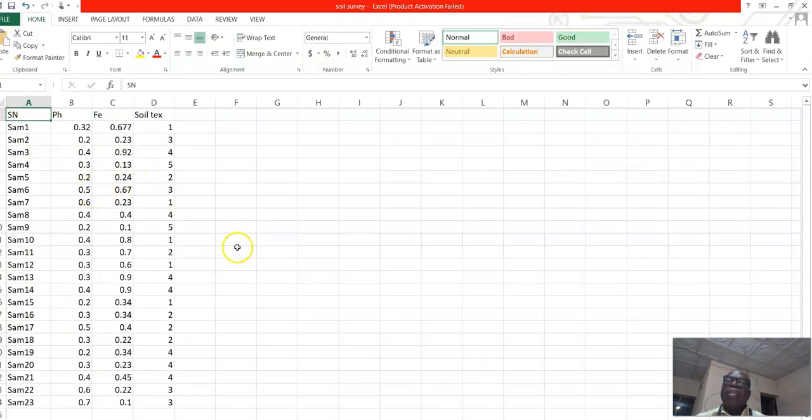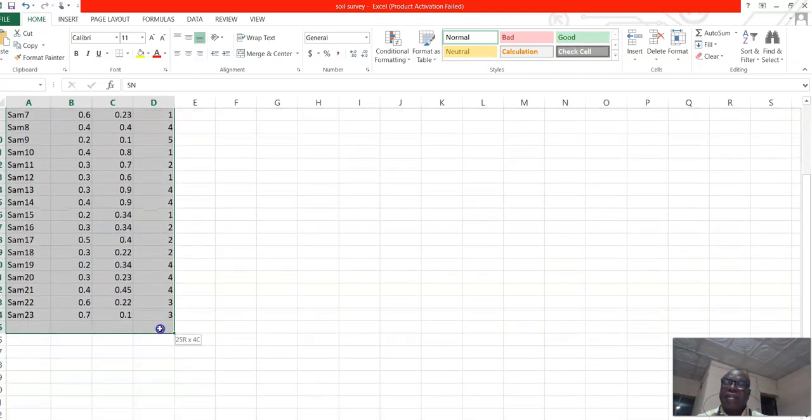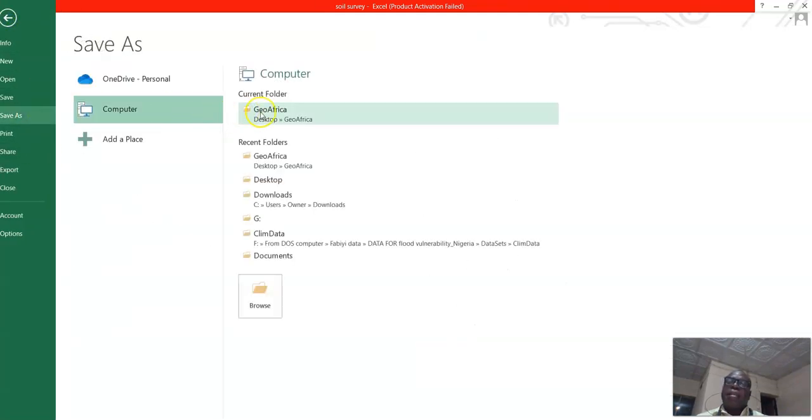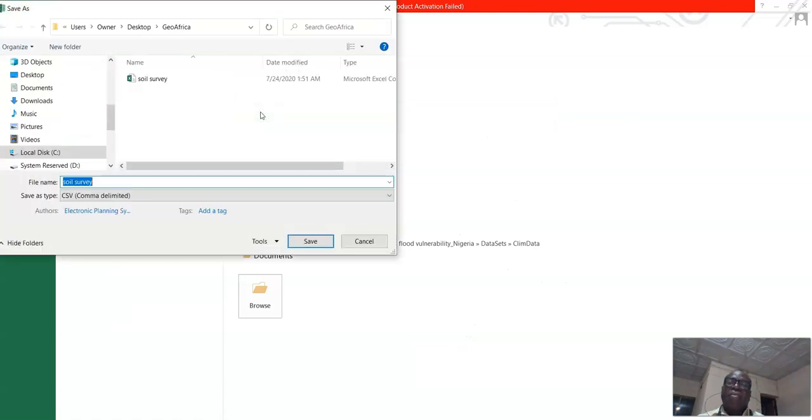We have put this in our Excel. So the first thing you need to do is to save the data as a CSV file, or you save it as a tab delimited file, because that's the kind of data that is easily readable in the GIS platform.